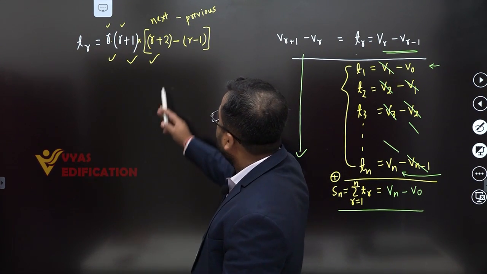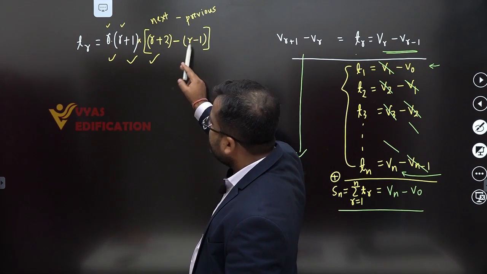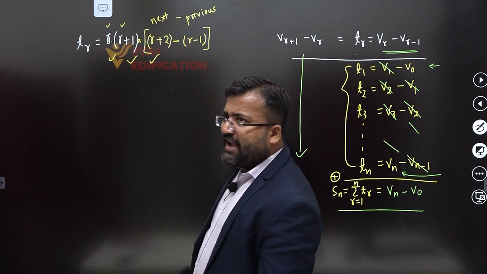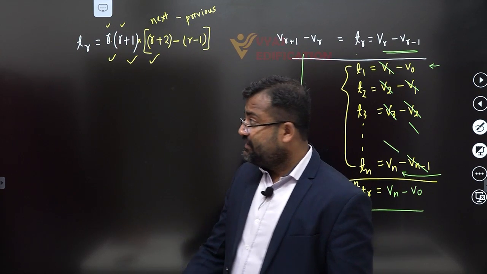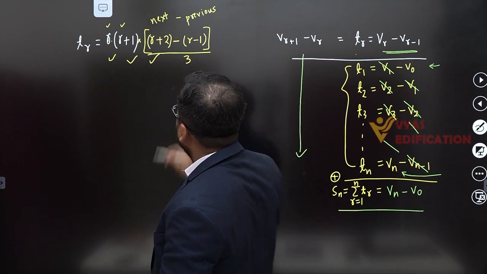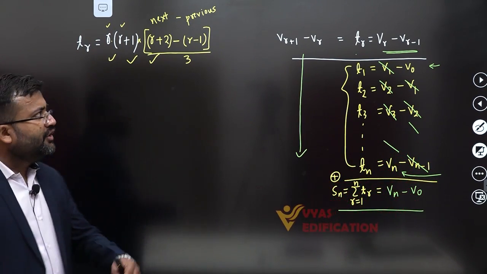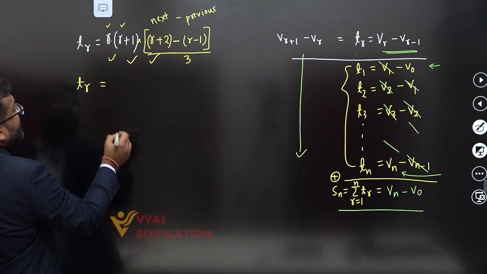R plus 2 minus r goes away, and minus of minus 1 becomes 1. So 2 plus 1 is 3. I am actually multiplying with 3, and division by 3 is not difficult. I can divide throughout by 3, right? Multiply by 3 and divide by 3. So now, do you see that TR can be written as